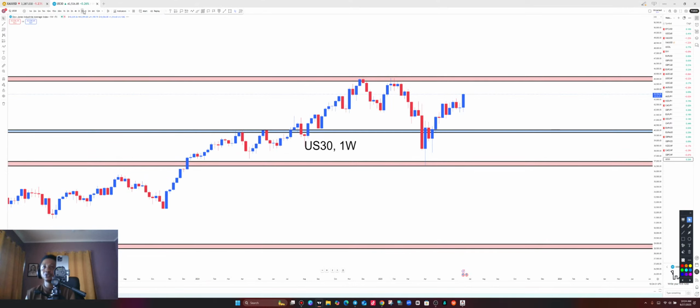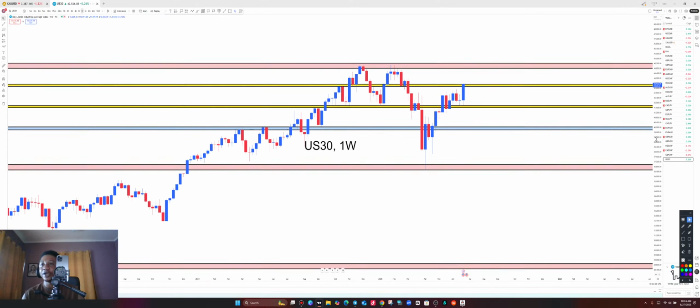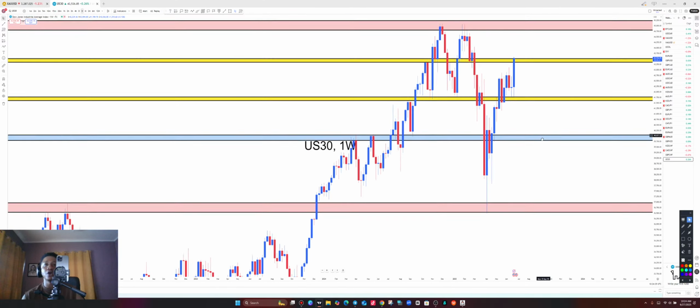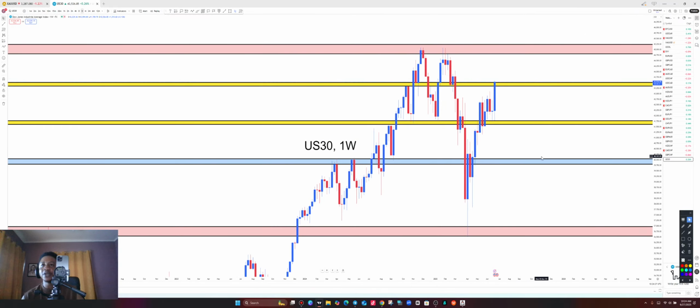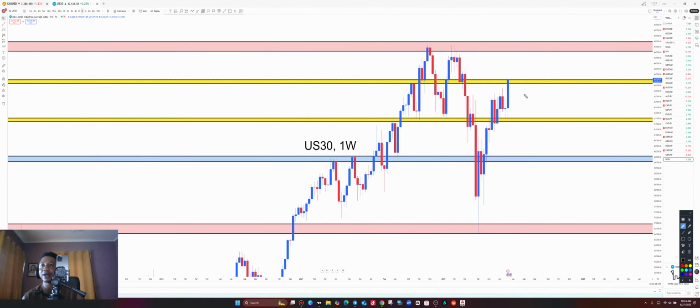All right, so US 30, zooming all the way to the weekly time frame to add more info. This is the weekly time frame of US 30. On the weekly time frame, we have the weekly upper zone and then the weekly lower zone over here. Price has managed to break above the weekly resistance level to give us a higher high, a higher low. It's moving continuously to the upside. So what are we looking for? Buying opportunities, which will take us all the way here to complete the equal high on the 3 months resistance level.